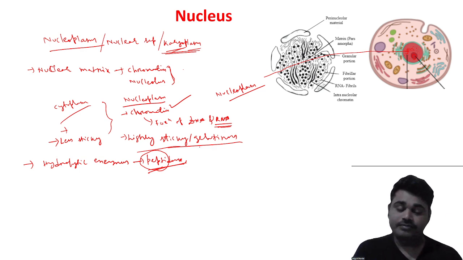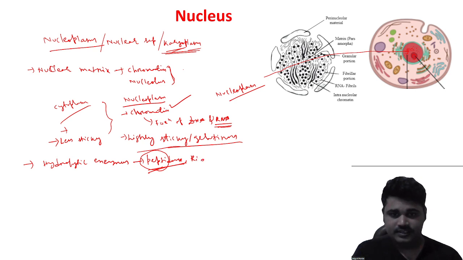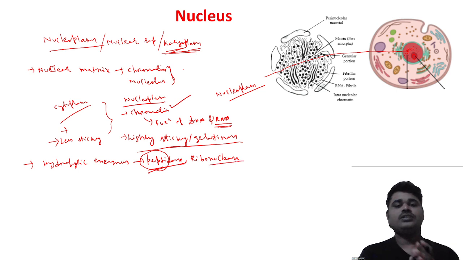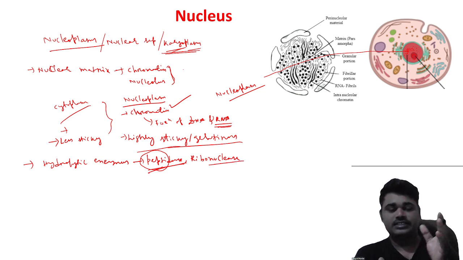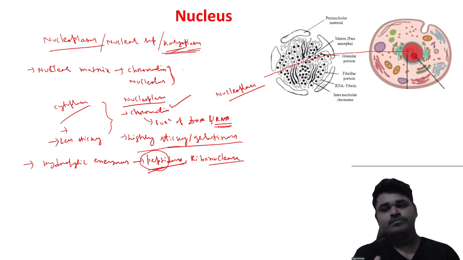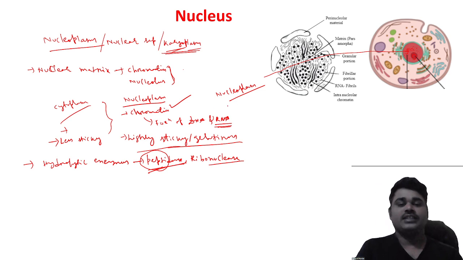Another is the ribonuclease. Nuclease means to cleave the nucleic bond, that means the DNA and RNA bond, that means to cleave the phosphodiester bond, that means to cleave the DNA and the RNA. The hydrolytic enzymes are also present, and